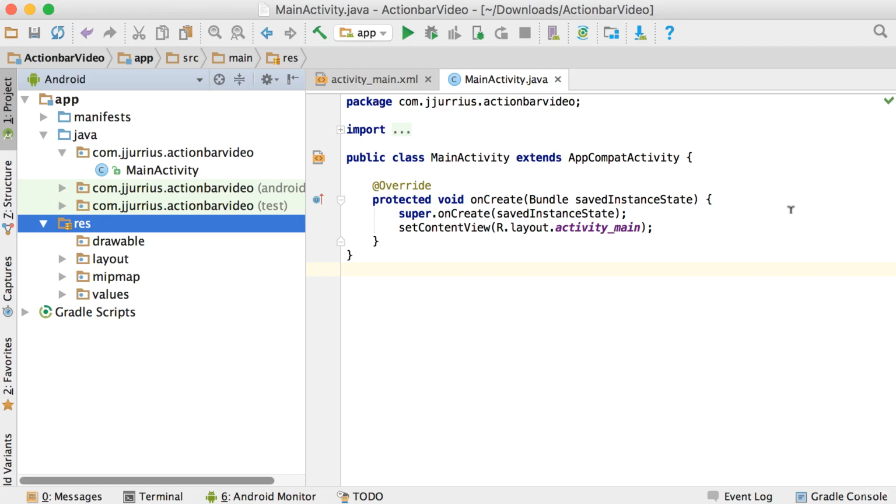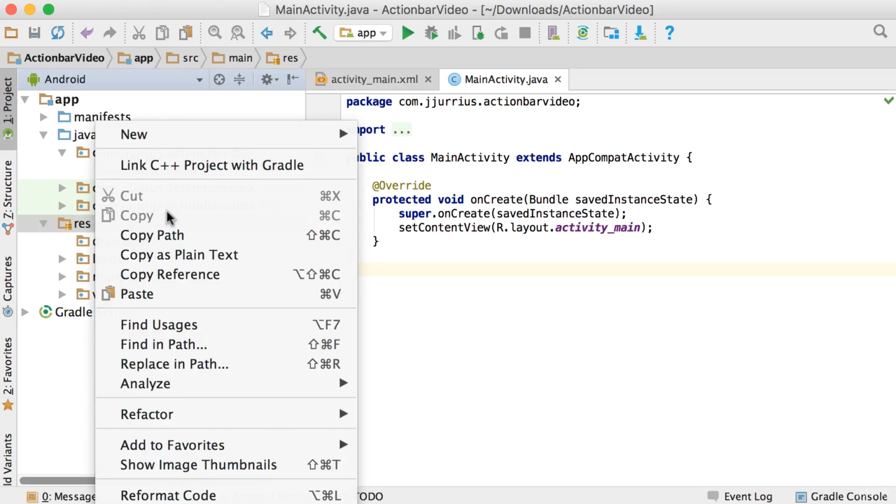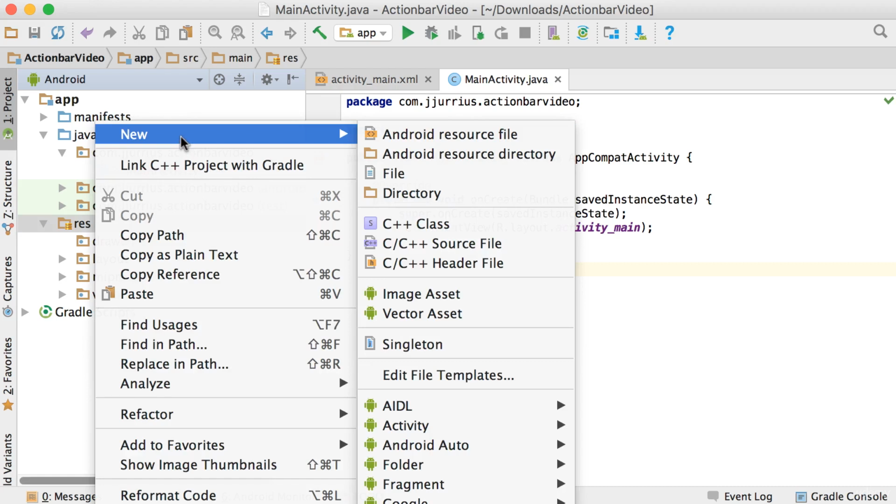In this video, we're going to have a look at the action bar in Android and how this action bar can actually help you in your applications. So the first thing I'm going to do, just to demonstrate today what you can do with the action bar,